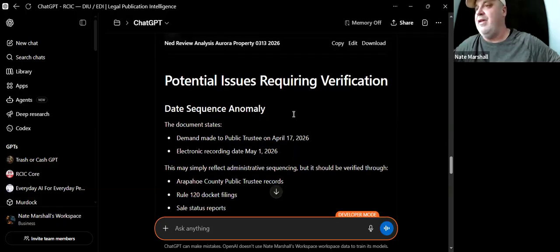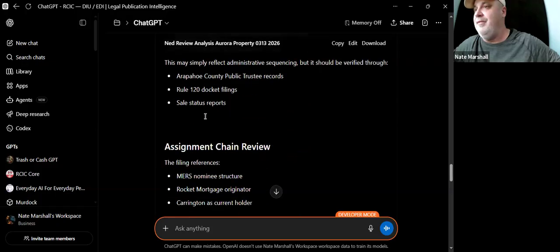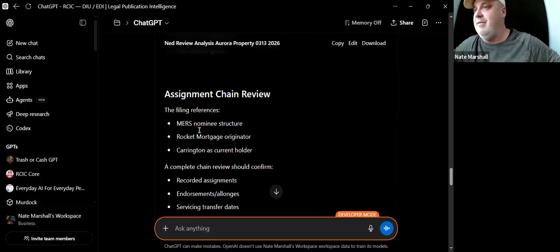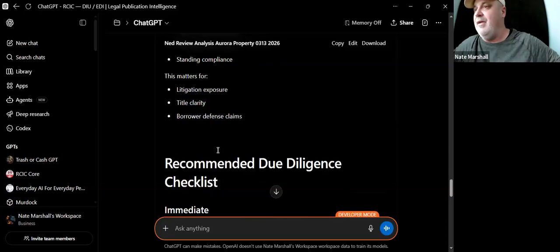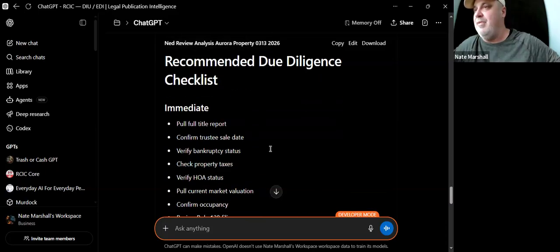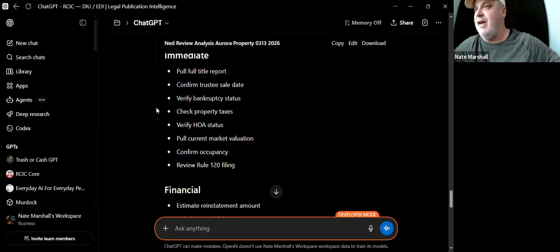Potential issues. It's going to give you everything you need to do to require verification. Your assignment chain. It's going to give you everything. Your recommended due diligence checklist. Pull your title report. You'll be able to do that. You'll be able to check all the title at Arapahoe County. You can return to Arapahoe County, look at the building department that issues permits, look at the tax assessor, and